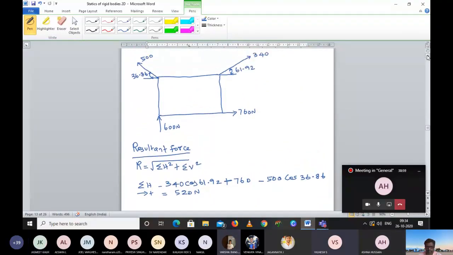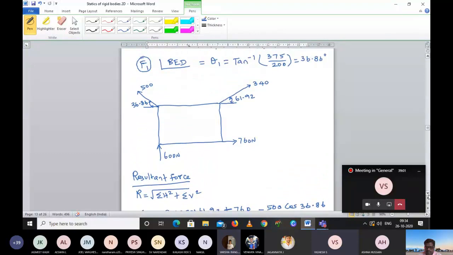Sir, you are taking components for all the four forces. Exactly. So what forces are given to me? Based on what is given, that is what we have to calculate. As I said, if it is a resultant and only vertical forces, we will add them. If it is only horizontal forces, all on the right side or all on the left side, we will add them. Where we will subtract means only where they are opposite.